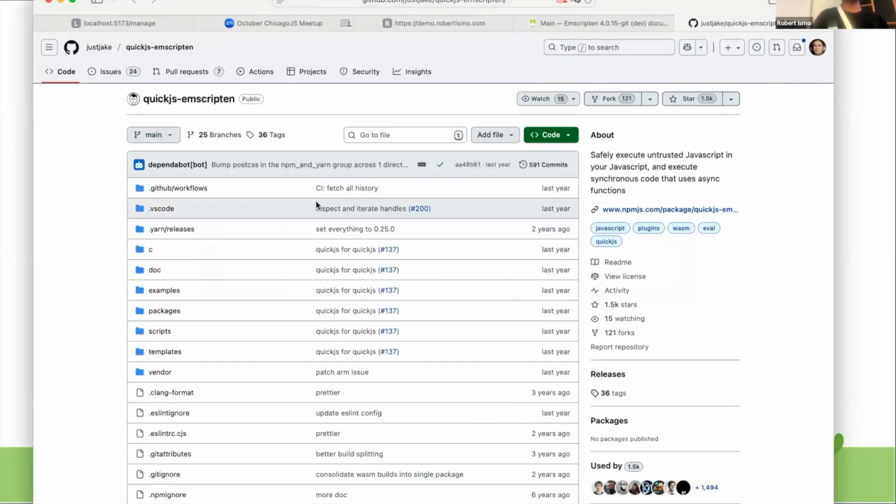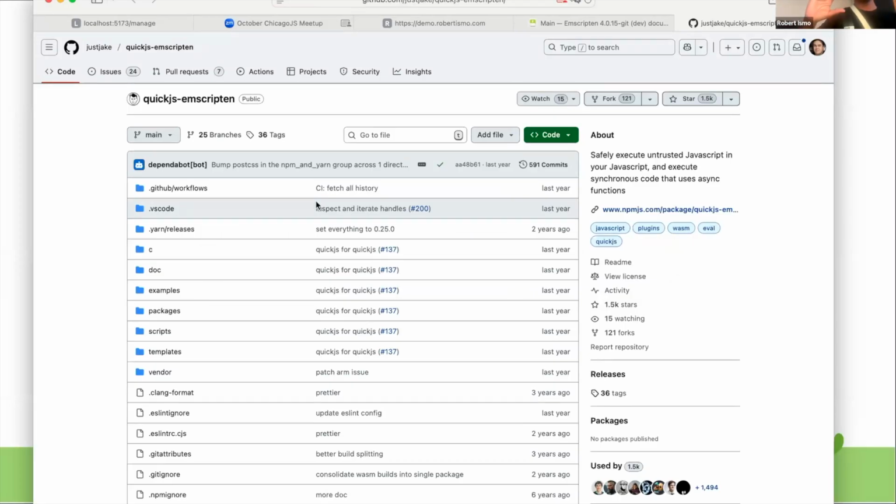Let's go over QuickJS. Who has heard of QuickJS here? Yeah, one, two, look at that. QuickJS is a really cool project. Y'all are probably familiar with V8, the primary JavaScript engine of most browsers. V8's a cool little Google project that runs very, very fast JavaScript. QuickJS is an alternative, a very small, very lightweight